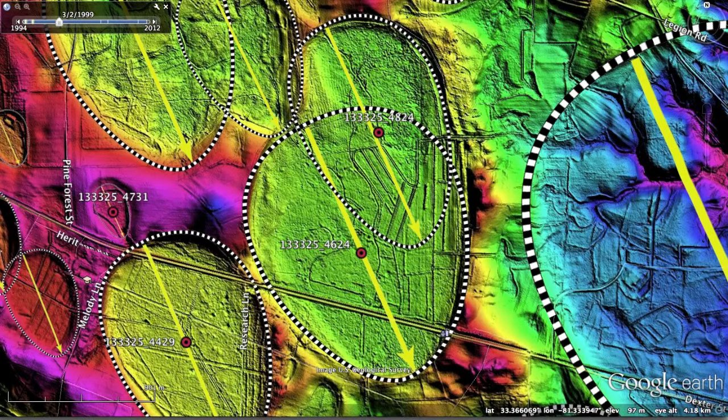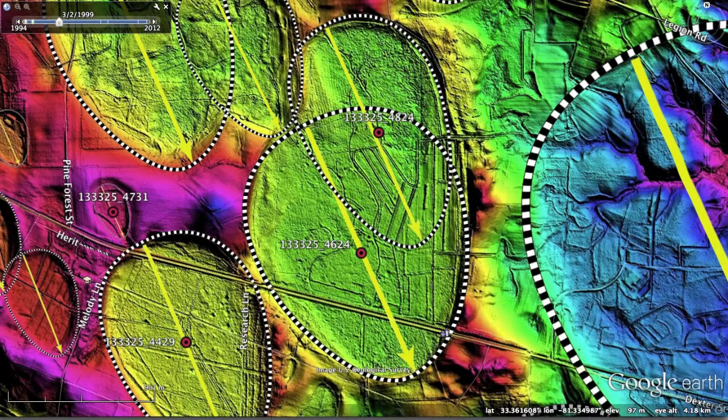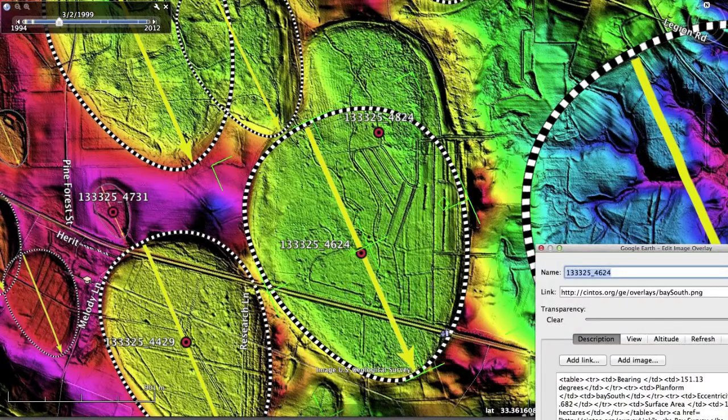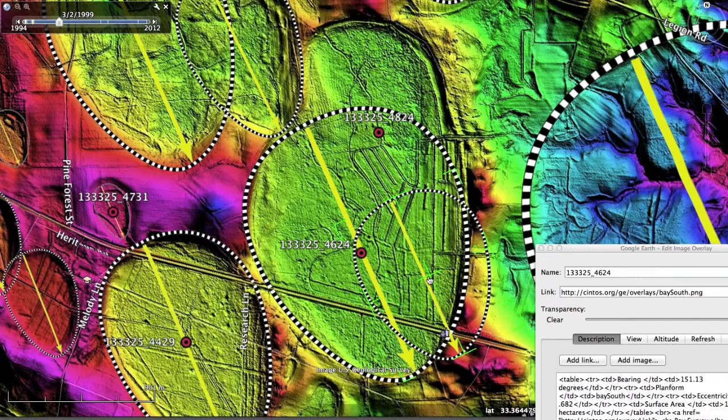The other bay involved here is 4824, and if we look at that one and edit it, what I'm going to do actually is dismiss this overlay completely, delete it. I'm going to go back to this one since we've orientated it and try the following. We copy wherever there are bays that actually interact like this. What I prefer to do is take one of the structures and run it up and see how well it fits